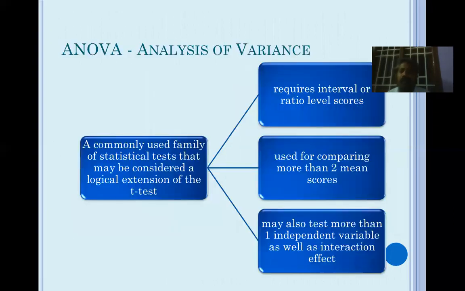Fine. And as I told you, if the independent variable has only two levels, you can go for a t-test. If there are more than two levels, 3, 4, 5, 6, you can go for ANOVA. ANOVA stands for analysis of variance. Your independent variable should have more than two levels. For example, educational qualification: UG, PG, MPhil, PhD, four levels. Designation: assistant professor, associate professor, professor, three levels. So when your independent variable has more than two levels and the dependent variable is in numbers, you can go for ANOVA. ANOVA may be one-way ANOVA, two-way ANOVA, three-way ANOVA, or something like that.